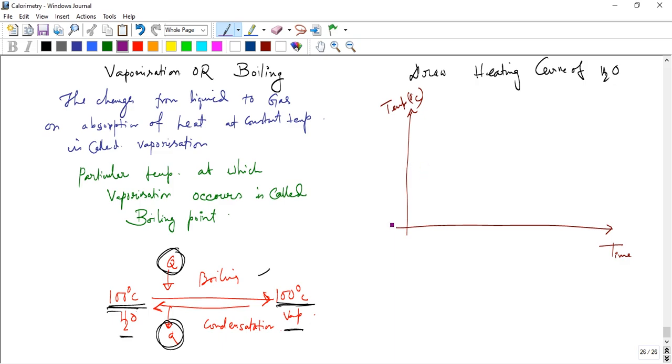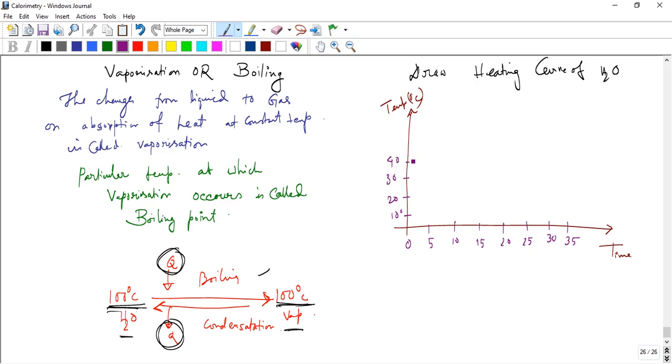On the graph, the time axis is 0, 5, 10, 15, 20, 25, 30, 35, and the temperature axis is 0, 10 degrees, 20, 30, 40,